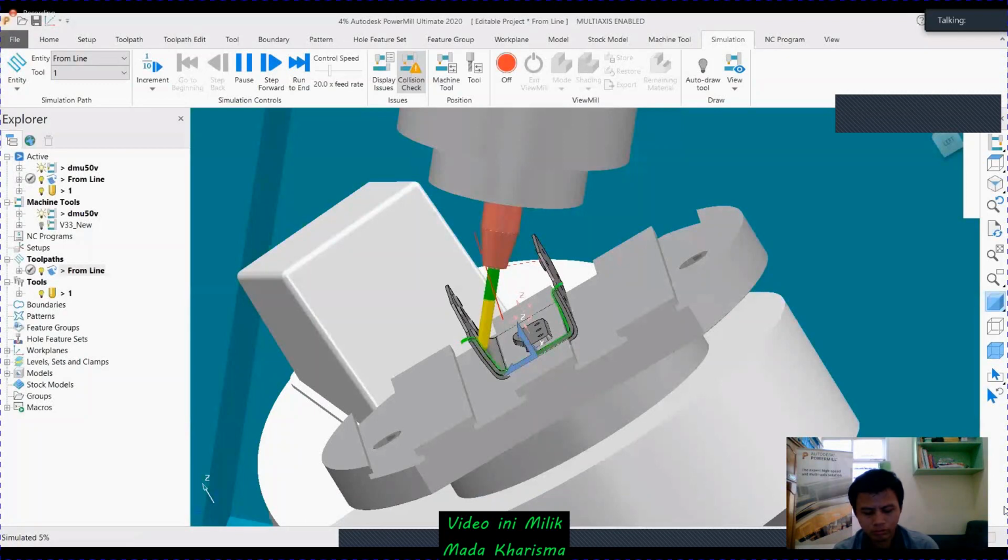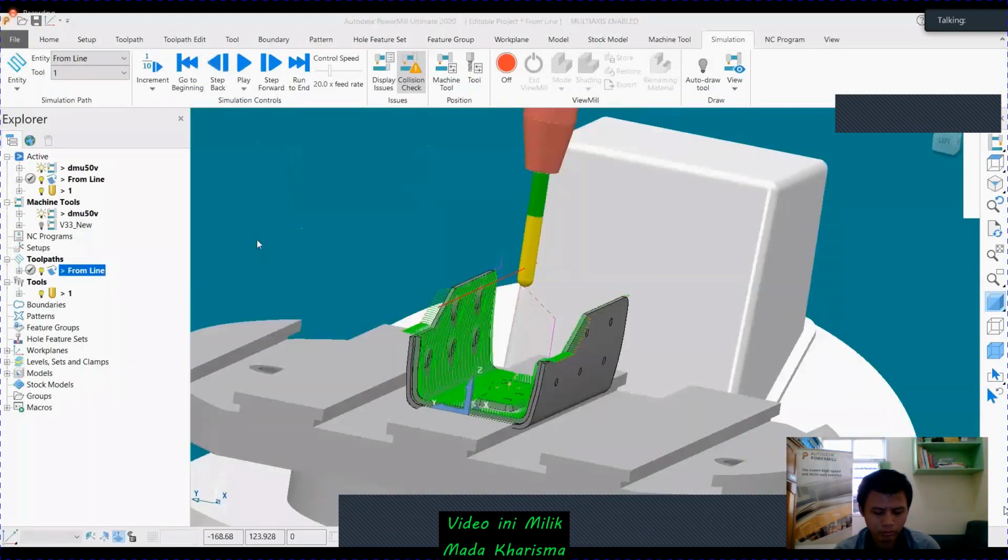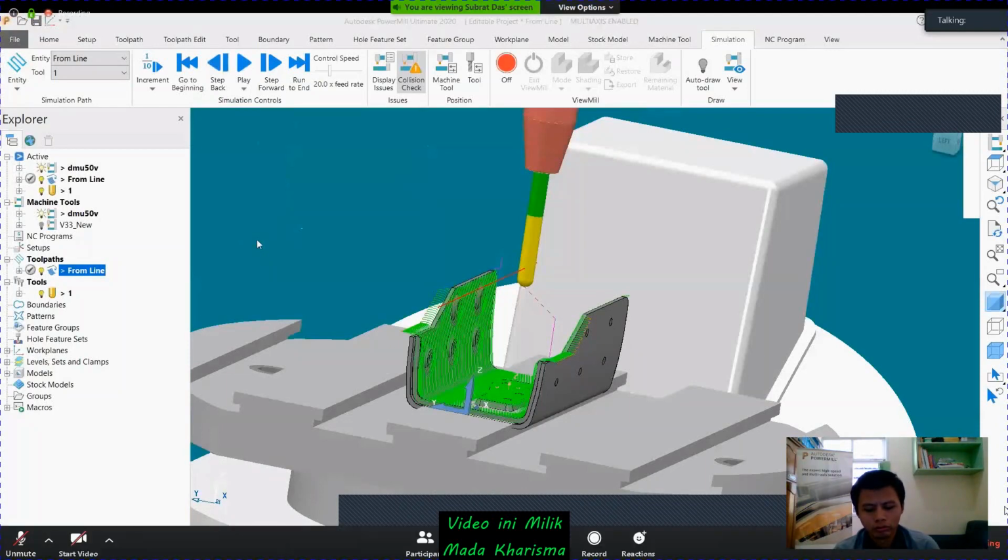So what we have given here in the tool axis page, go to the settings. Simply I'm using a line projection option. In this one I'm specifying my location.